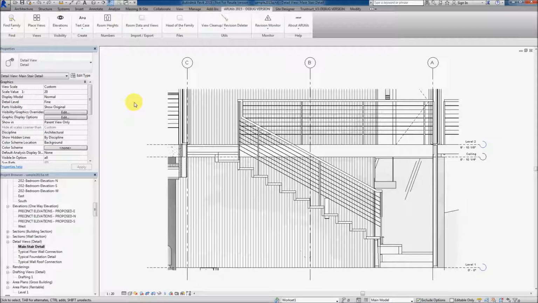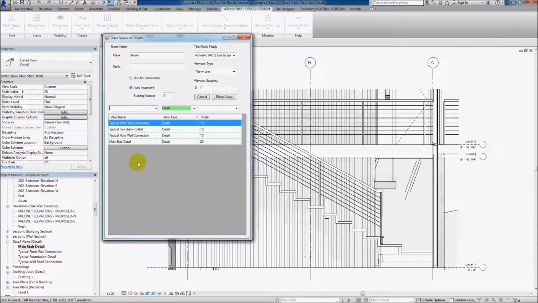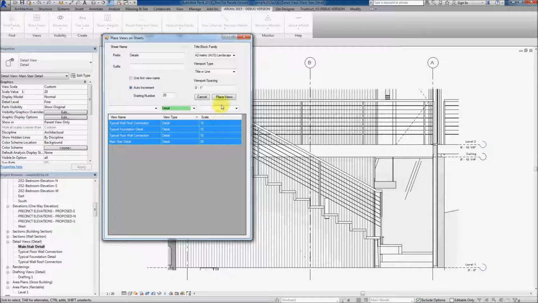So we're back at square one. We'll go back into place views, and we can actually pick the order that we want views to be placed in. So in this case I'll pick the wall roof connection, typical foundation, then I'll pick my larger main stair detail, followed finally by another one of the smaller details. So if I now click place views,